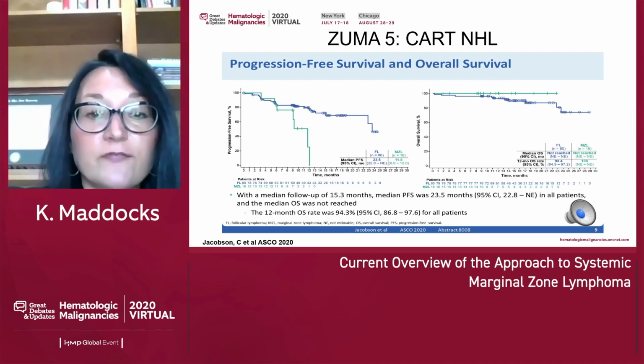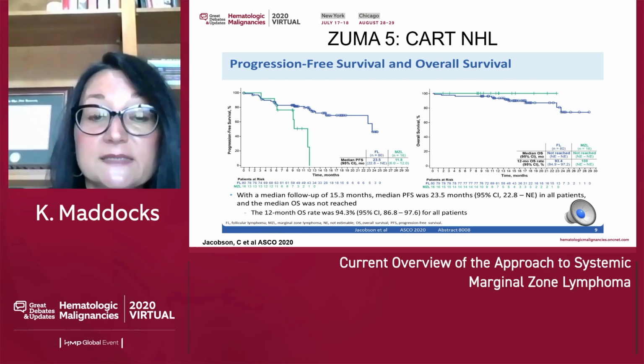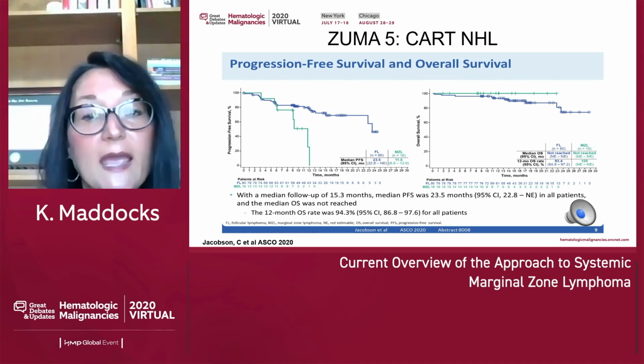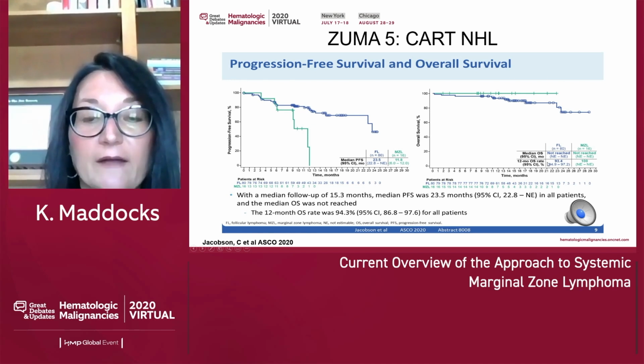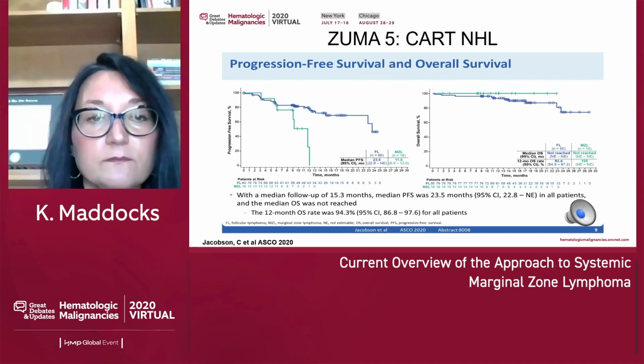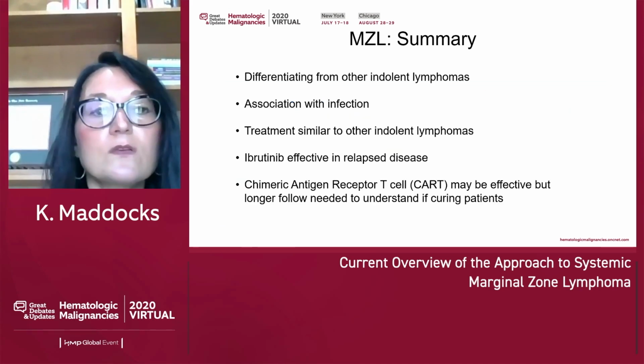Progression-free survival and overall survival. At a median follow-up of 15.3 months, the median PFS was 23.5 months. When you look at the patients with marginal zone lymphoma, median progression-free survival was 11.8 months with a 12-month overall survival rate of 100%. There is toxicity associated with the CAR T, similar to that seen in the large cell trials. So concerns of both neurotoxicity and cytokine release syndrome, and then after CAR T, concerns with cytopenias and infectious risk. So in summary,